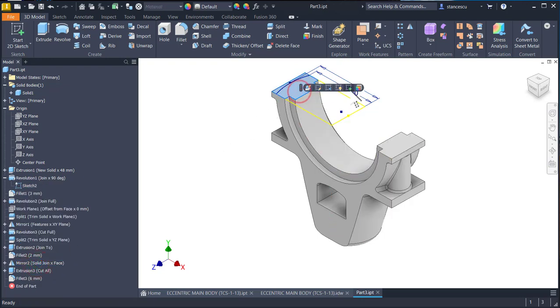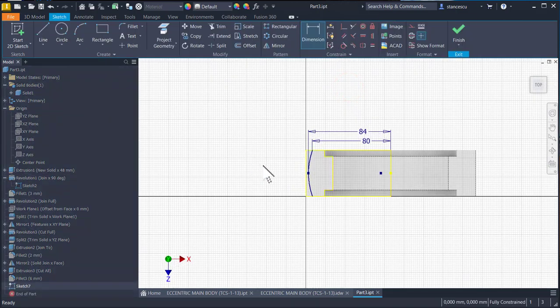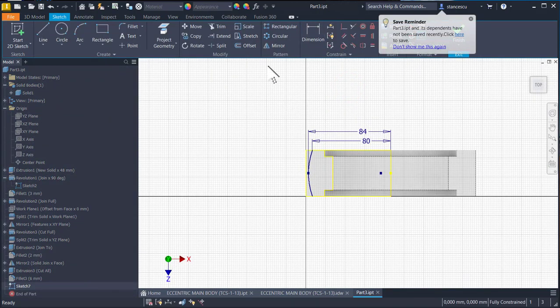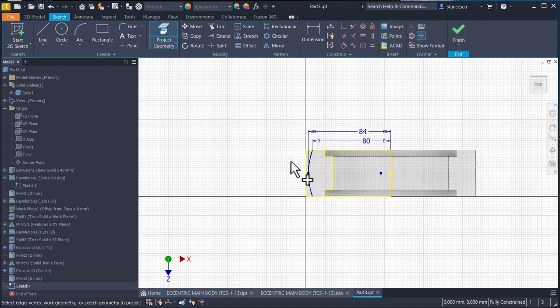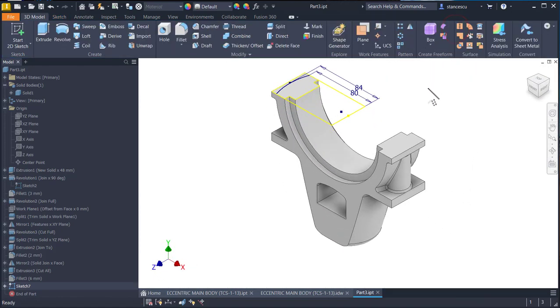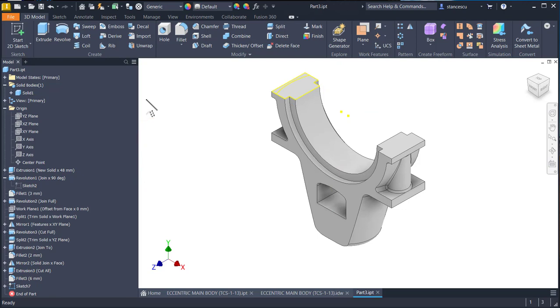I select this face for a new feature. I project geometry, which is this and all this. Finish sketch. I hide the previous sketch and I apply revolve